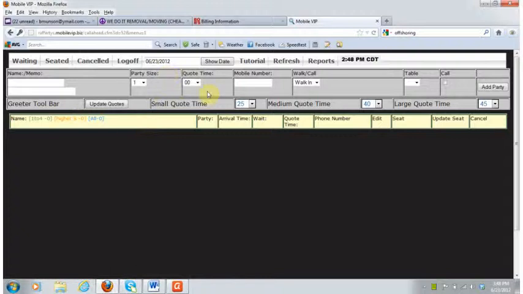All this stuff pretty much functions the same, the sending of a text and whatnot. They have add party rather than add reservation. On reservation Matradee it should be add reservation, but on waitlist Matradee it should be add party. So Rafferty's is a waitlist, so they have add party. That's one. The other one is